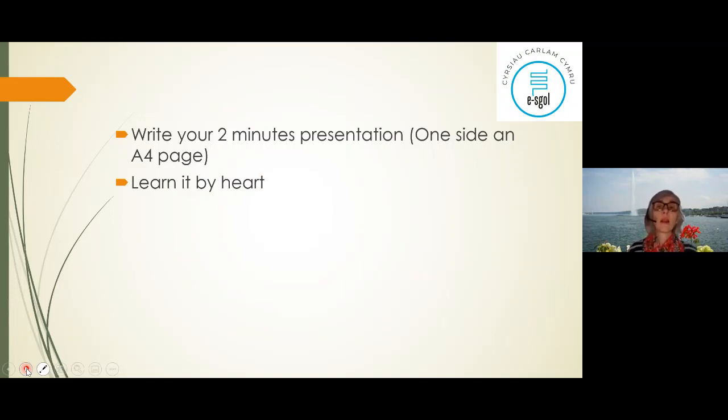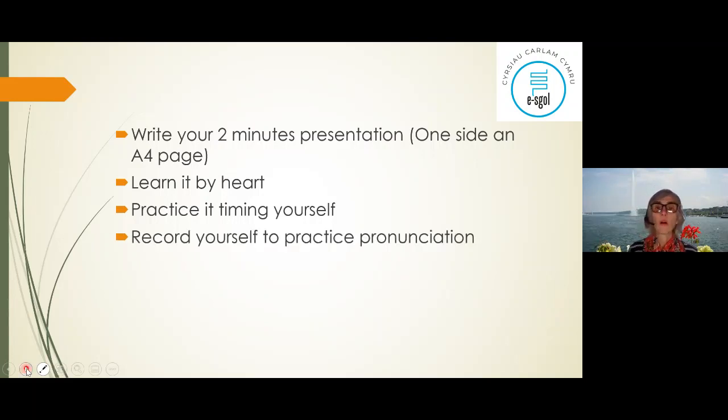So when it's done and you're sure it's your final version, with your introduction, your 3 points, for example, your sources, you mentioned your sources in it, you check that, you wrote a conclusion, learn it by heart. First of all, I would record it on my phone, timing myself to see if it lasts the time I need it to last. So practice it, timing yourself. Record yourself if you want to practice pronunciation. That's good because you can hear your pronunciation and you can improve it.